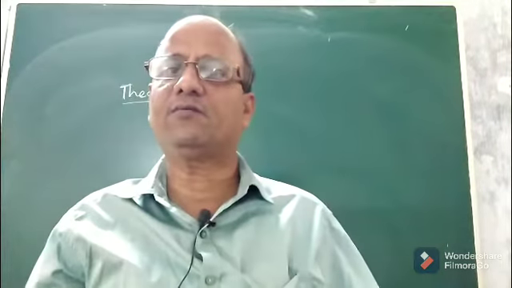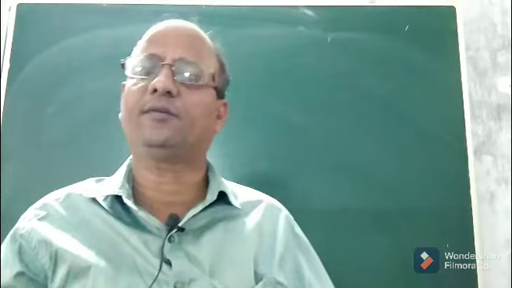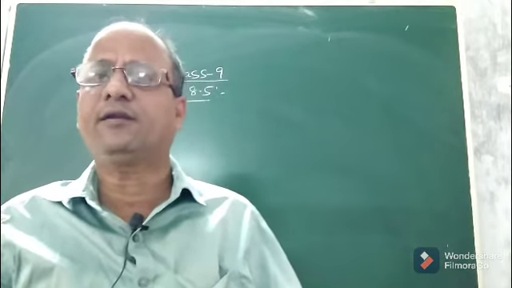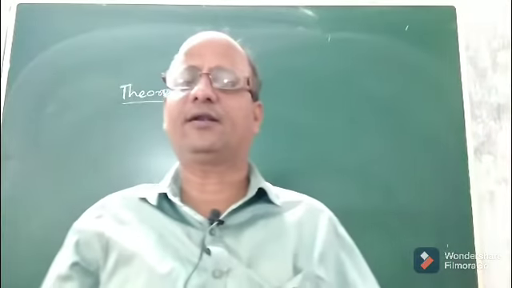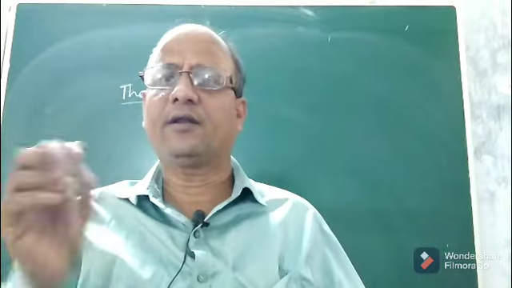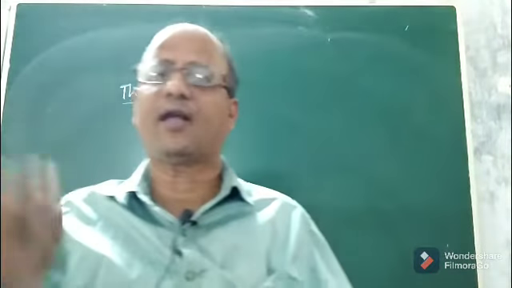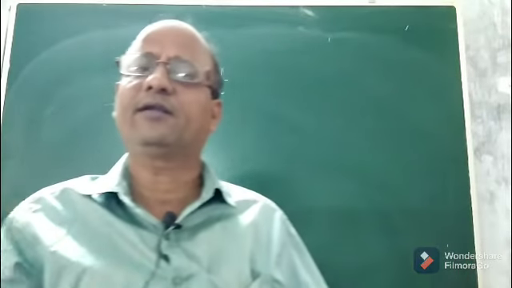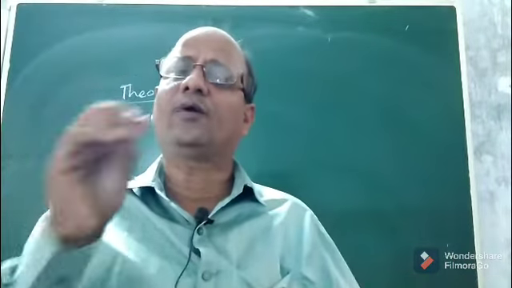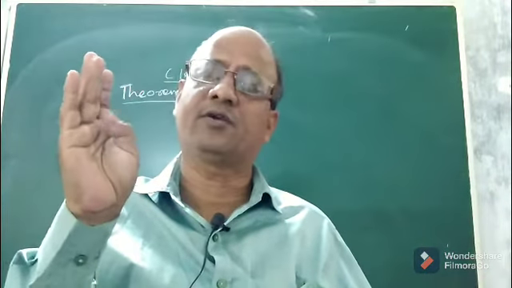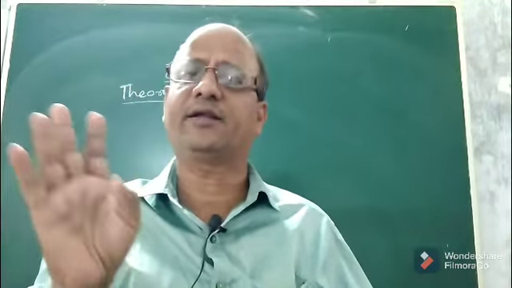Children, in the previous lesson we were discussing some of the properties of parallelogram of the chapter quadrilaterals. While discussing this chapter, I have discussed everything right from the beginning. Let me recall those things. I had discussed first the angle sum property of triangle. Then what are the different types of quadrilaterals, namely parallelogram, trapezium, rectangle, square, rhombus, kite, etc.